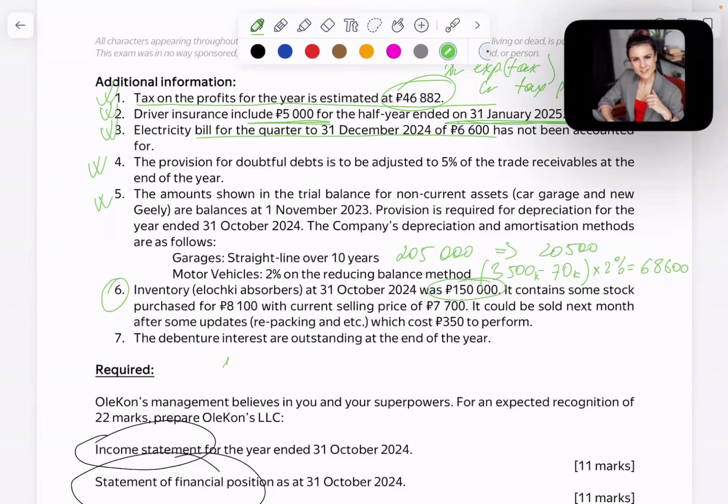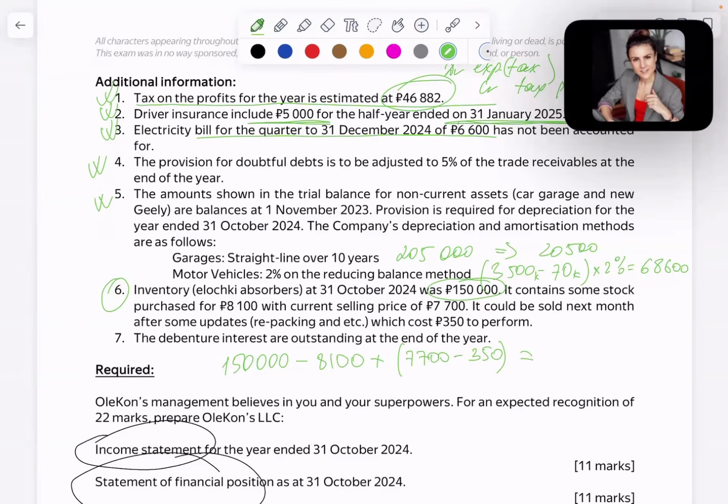So let's do so. 150,000 is the total amount, but we have to adjust for historical cost because the future selling price is obviously lower. So we totally exclude the historical cost valuation, and we include these items at the future price to sell less repacking, which should be performed. So the total closing stock valuation